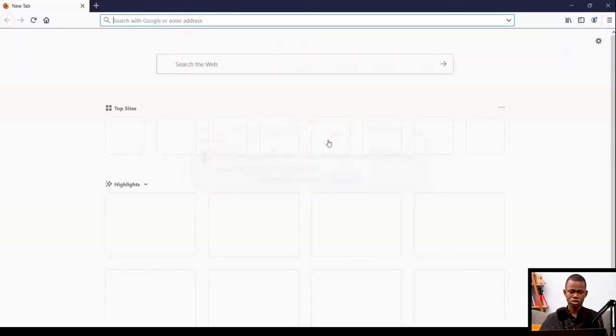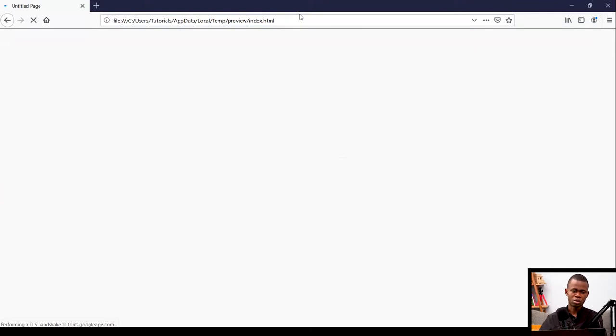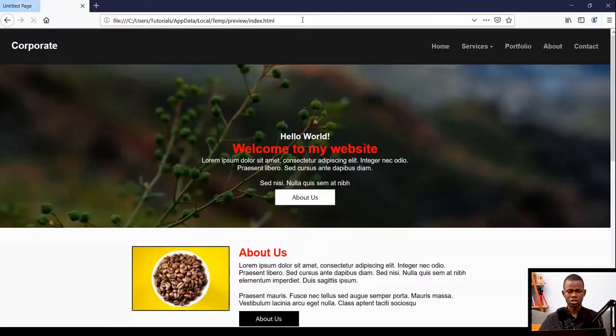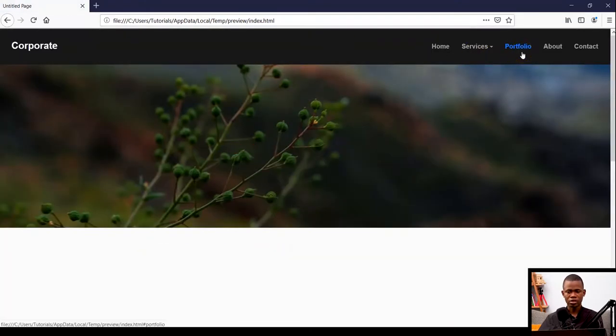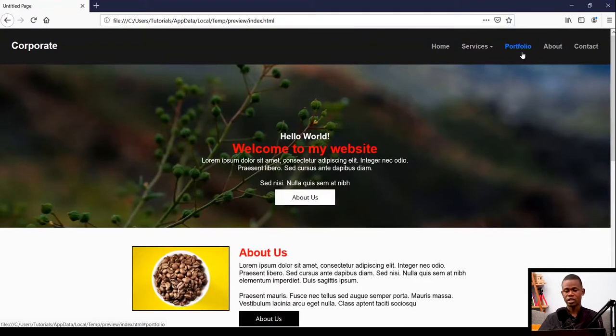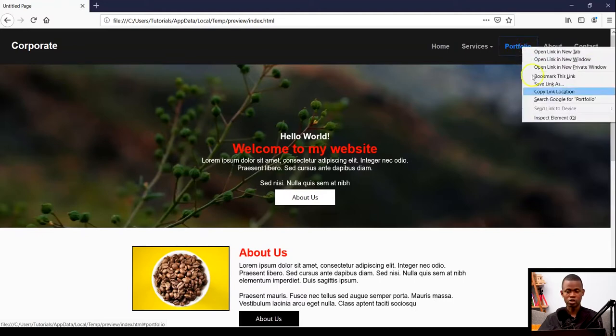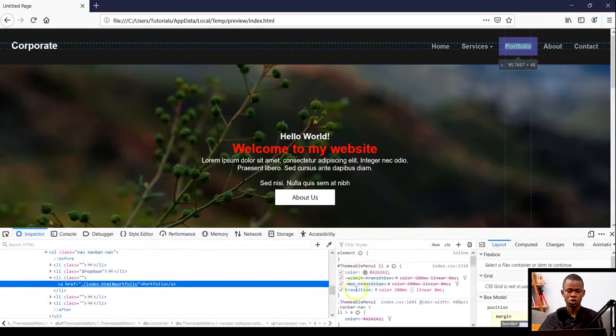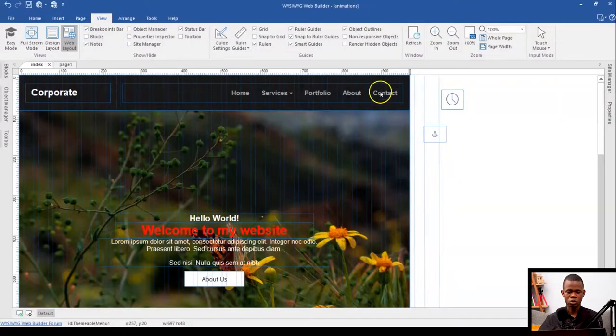So let me paste that and then preview it in the browser and then put my cursor on it, and it looks like it's not showing. Well, that's fine because that's a navigational object. It's probably why it's not showing. Let me just inspect this to be sure I have my link titles. It seems I don't have my link title created. That could be the reason why. So let me try to find out why that is so.